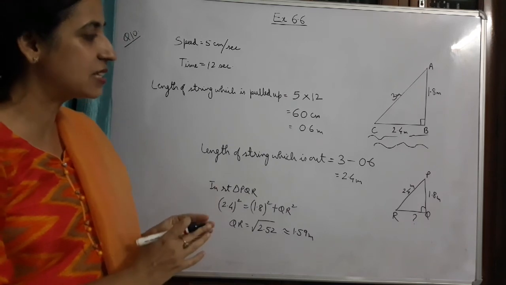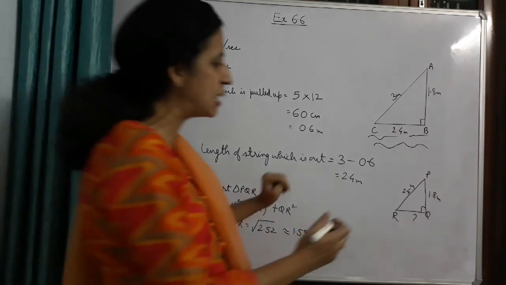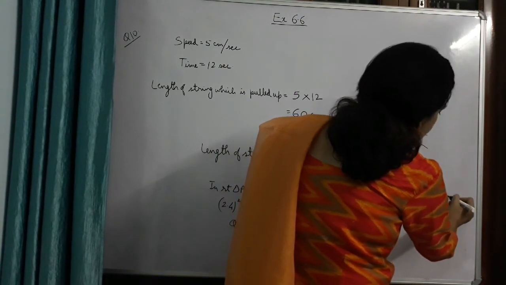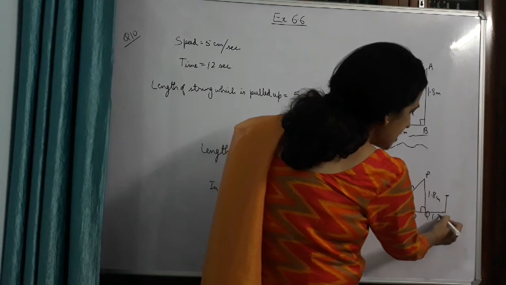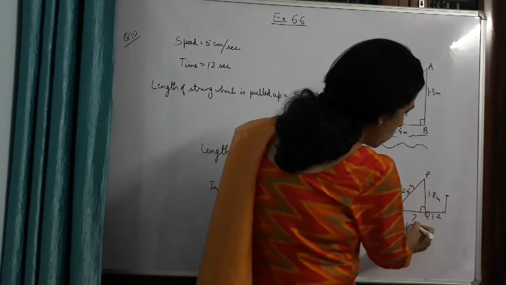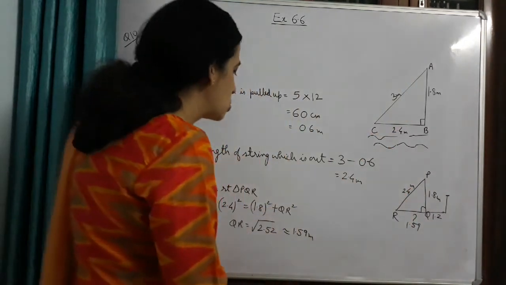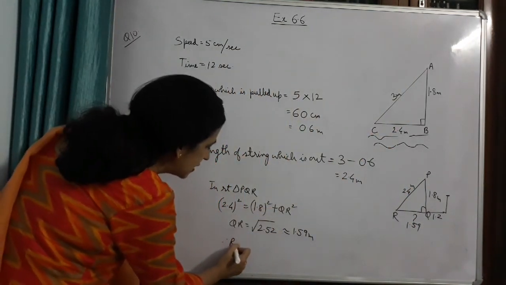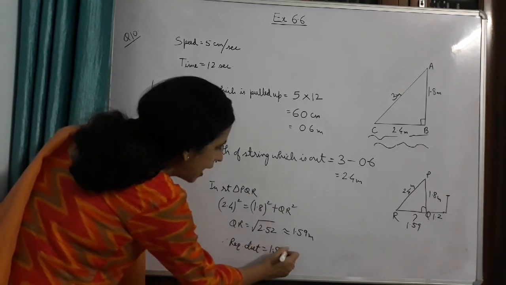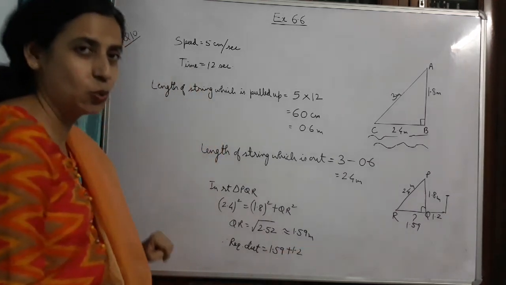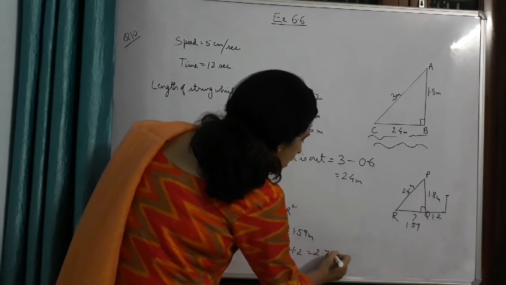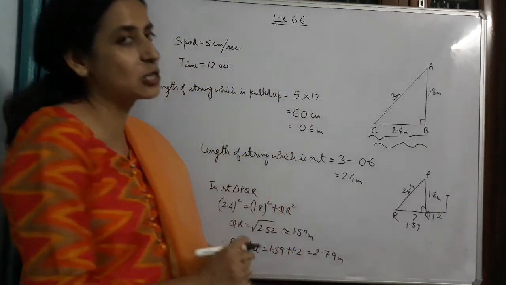They are saying what is the distance from her, that is from Nazima. As you can see the figure in the book, Nazima is sitting over here. And this distance is 1.2 meters. This distance we have found out. This is 1.59 meters. So therefore the required distance would be equal to 1.59 plus 1.2, which comes out to be 2.79 meters. And this is what we had to